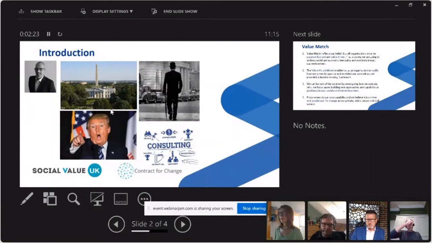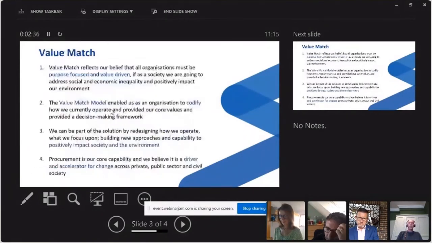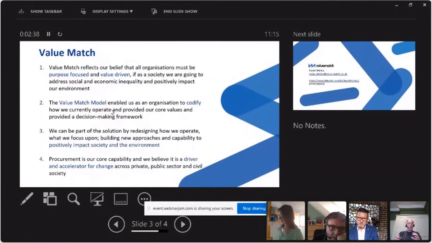One of the observations I have when I came back into the UK was that there was a lack of leadership and just a lack of sharing best practice in this area, and there are best practices out there, but they're not readily available. And then just very quickly about Value Match, which is the company and the concept that